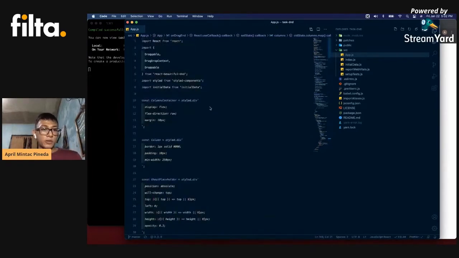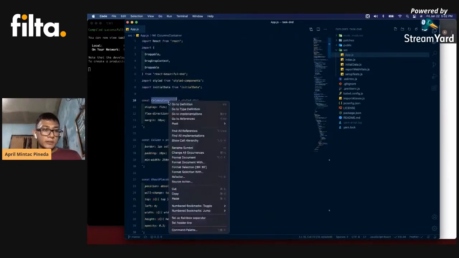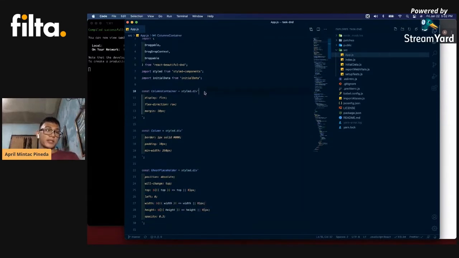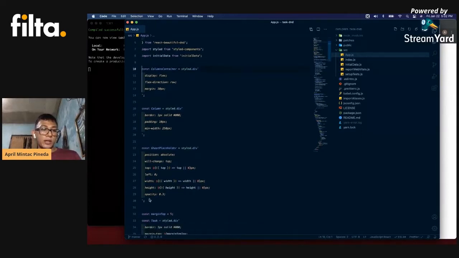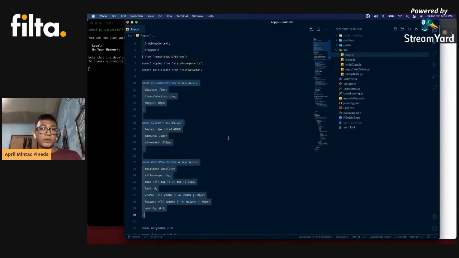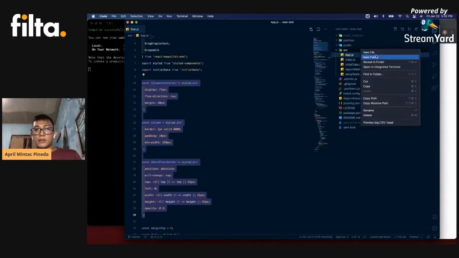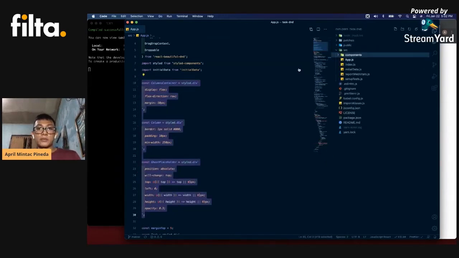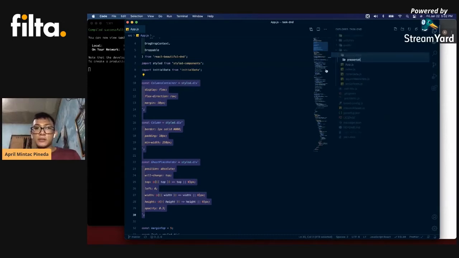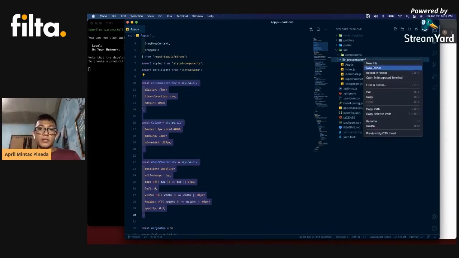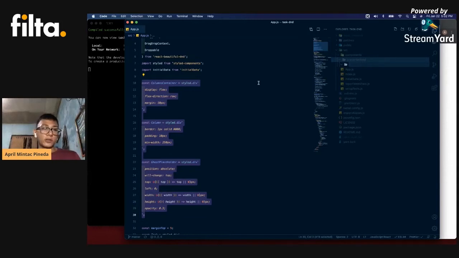So first, the most obvious ones are probably this. Oh, and by the way, I forgot to mention that this is using React. It was instantiated with Create React App, and it's also using styled components. So let's try to extract all of these components into a separate file. Let's create here a components folder, and let's create a new folder called presentational.